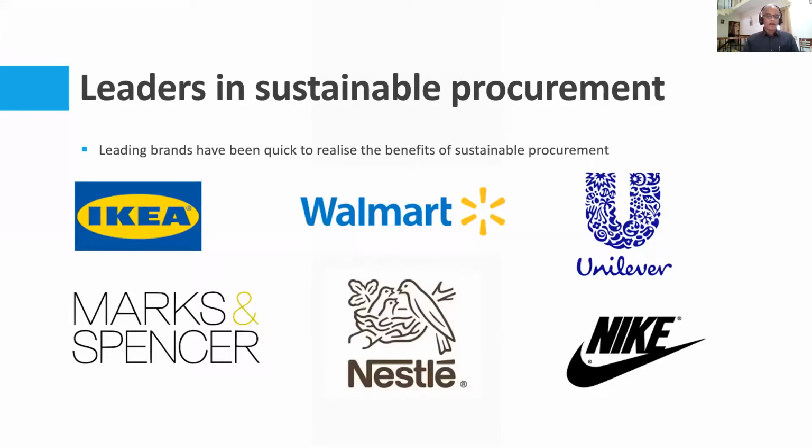Let's go for the next one, leaders in sustainable procurement. Companies have responded by recognizing the need to set clear standards for their suppliers, which often take the form of a code of conduct that needs to be met prior to any commitment for procurement, and which is then typically audited on an annual basis. Marks and Spencer's Plan A aims to make it the most sustainable retailer in the world,